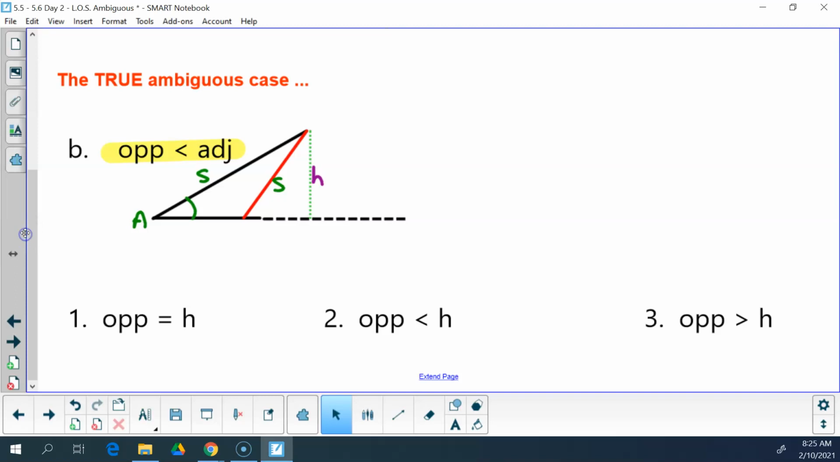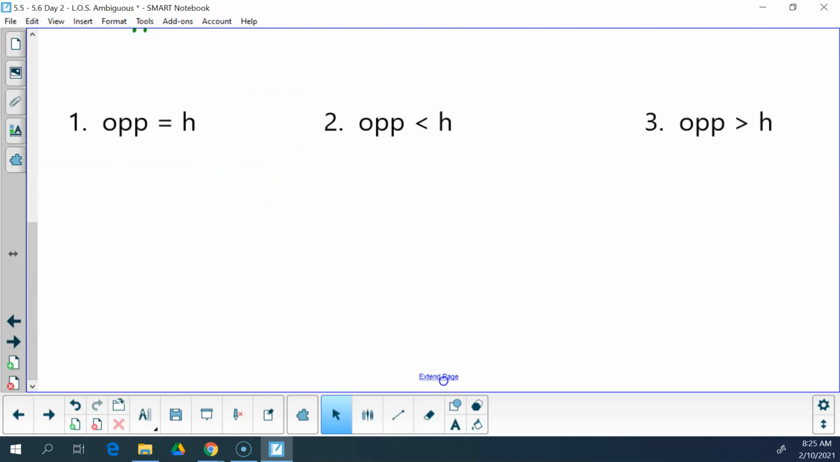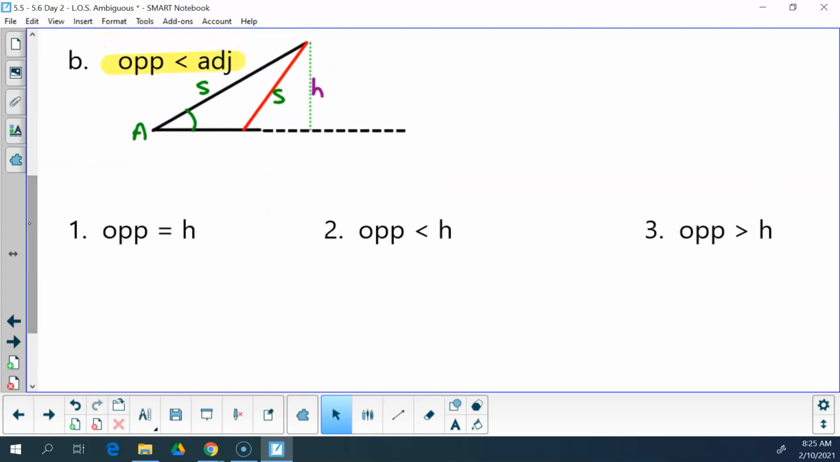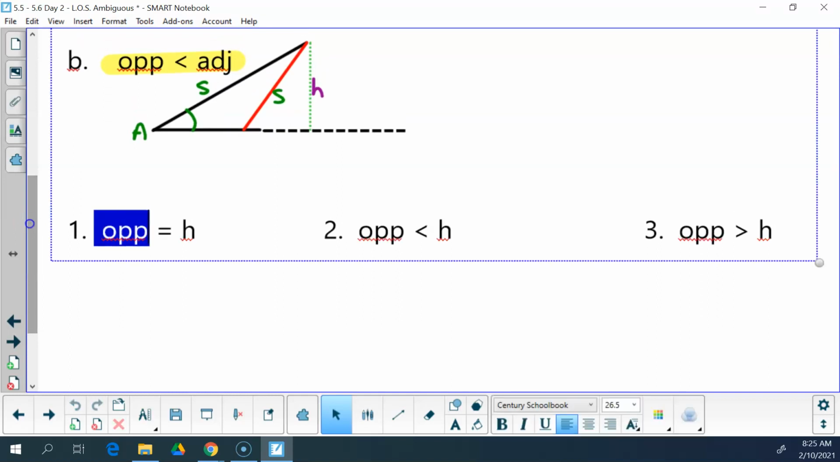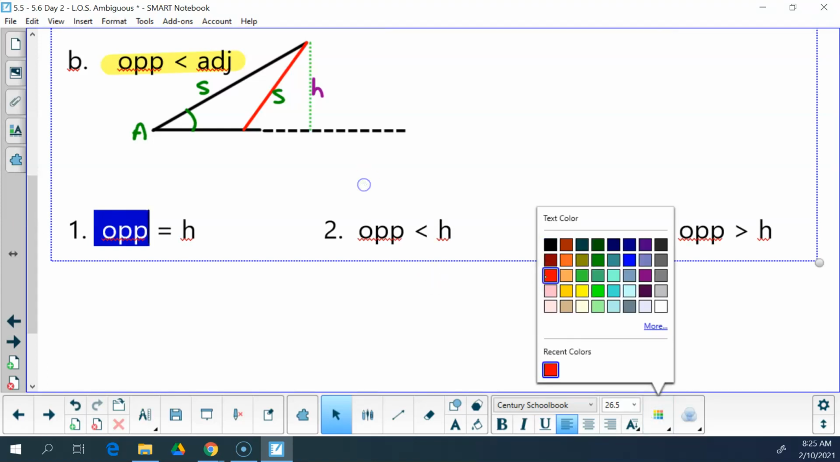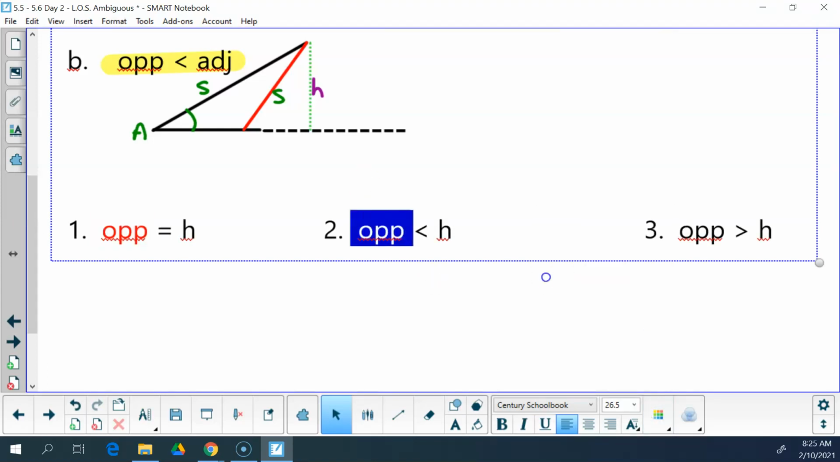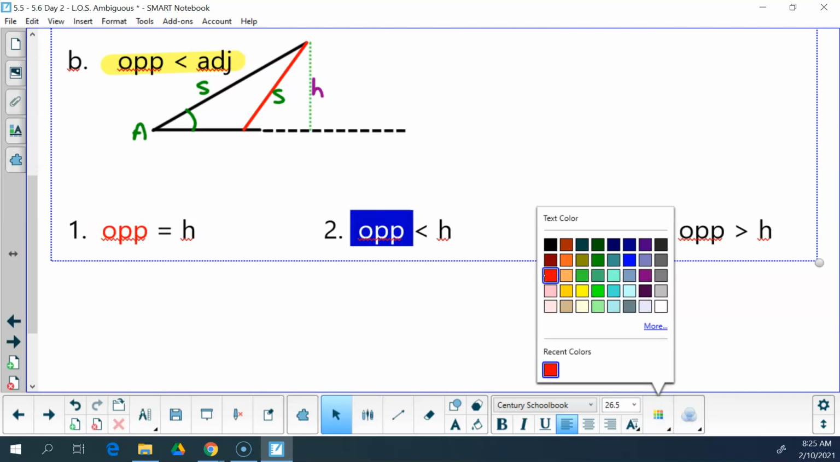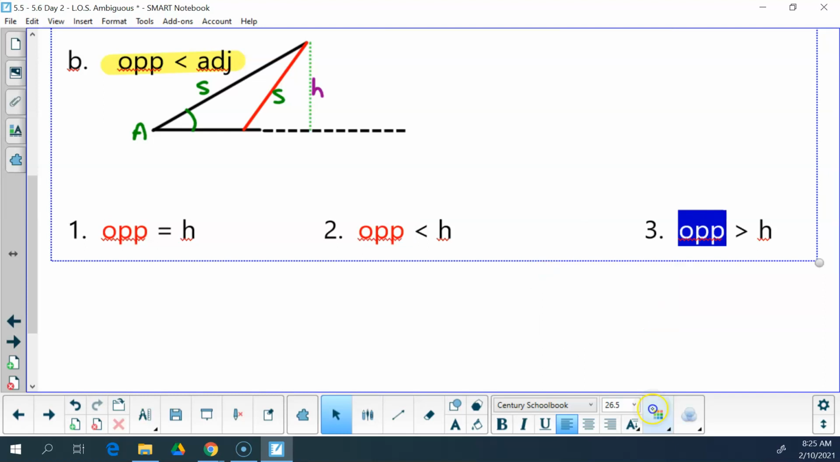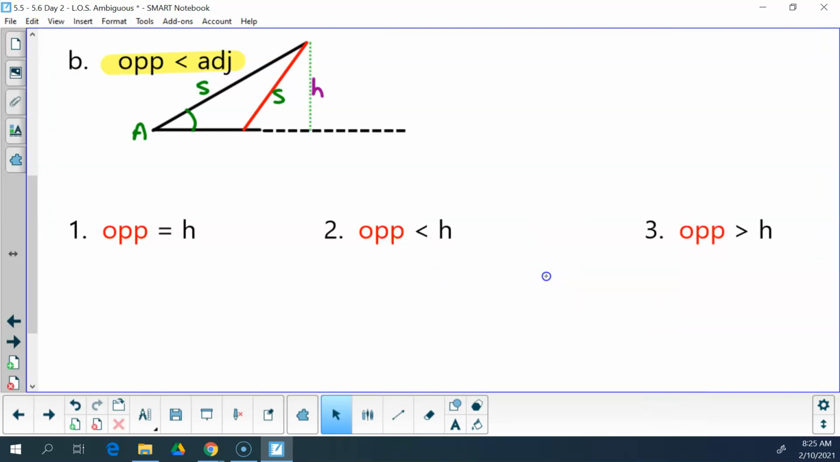So if the opposite side is equal to the height. I almost said hypotenuse. So if my opposite side, so this is the opposite side here, is the red side. Put that in red all the way through, because then it'll be the same all the way through. Okay? So if the opposite side is equal to the height of the triangle, you get